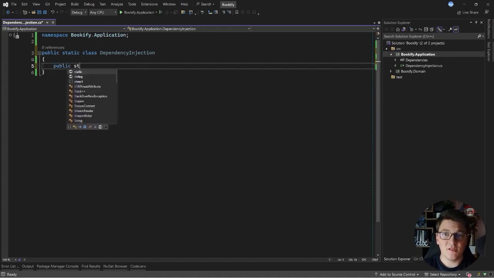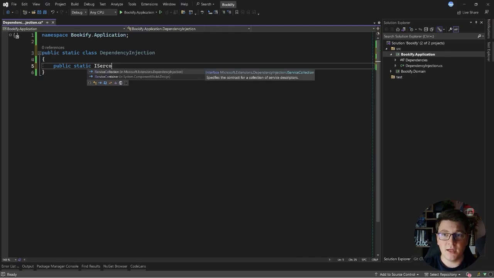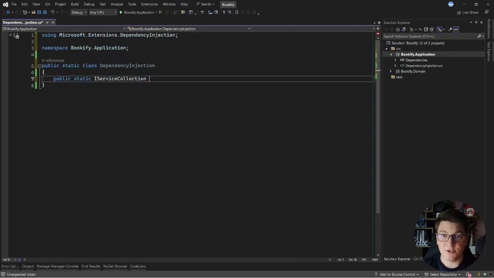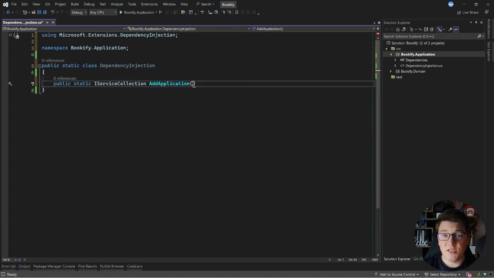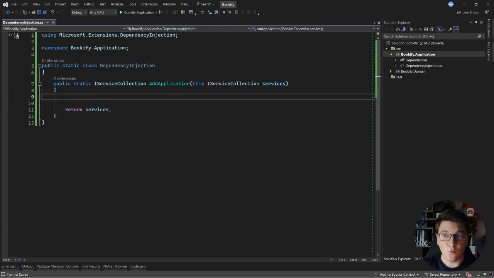We're going to do this by defining a public static method, returning an instance of the IServiceCollection interface, which is what we use for configuring dependency injection in .NET. I'm going to call this method AddApplication to be specific that this is introducing application-specific services, and we're going to make it an extension method of the IServiceCollection interface. Let's also return the services right away